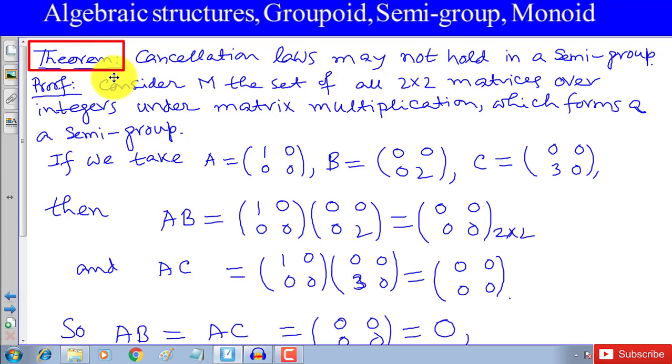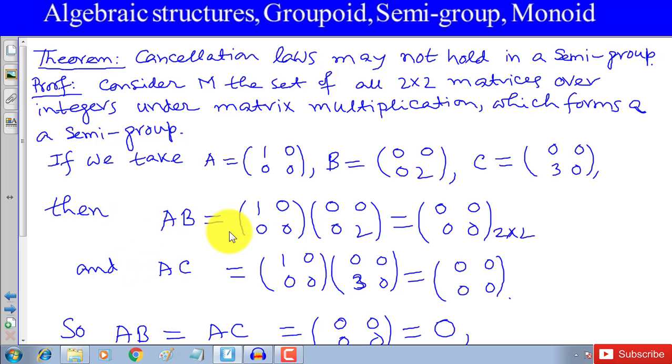Theorem. Cancellation laws may not hold in a semigroup. Proof. Consider M, the set of all 2 by 2 matrices over integers under matrix multiplication, which forms a semigroup. If we take matrix A equal to [1 0; 0 0], B equal to [0 0; 0 2], C equal to [0 0; 3 0],